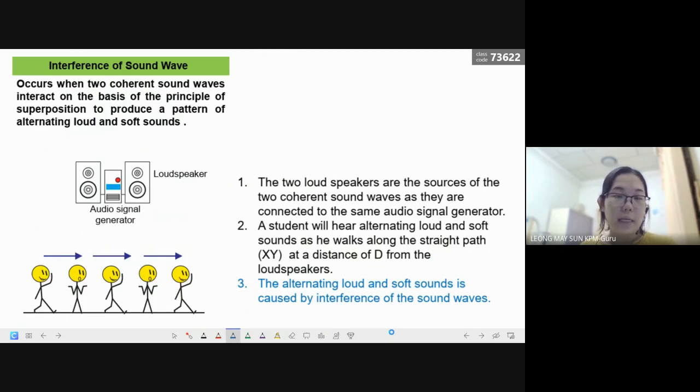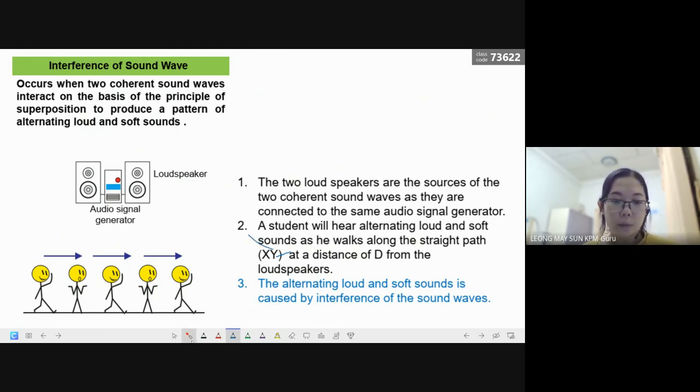Okay. So that is regarding light wave. Now we're going to talk about sound wave. Whenever I talk about sound wave interference patterns, I'll always relate back to assembly in the hall, right? Because in the hall, we actually use two speakers. When we use two speakers, they are connected from the PA system room, so they actually come from the same source of sound. When they come out from the speakers, they are considered two coherent sound waves because the source of the sound that's playing is from the single laptop inside the PA system room.